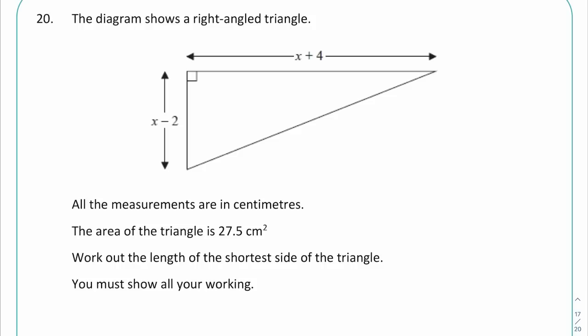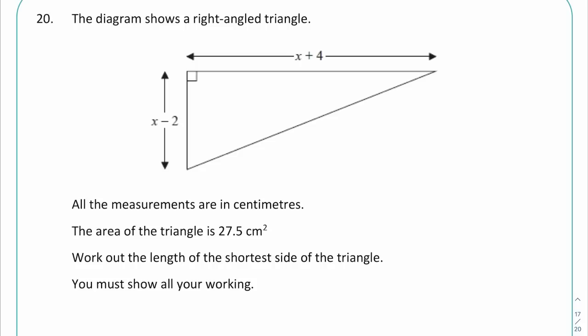Work out the length of the shortest side of the triangle, and you must show all of your working. So first things first, we've obviously got some algebra, so we're looking at forming and solving equations. It talks about the area of a triangle and it gives us the area. So what we can do is write the area of this triangle in terms of